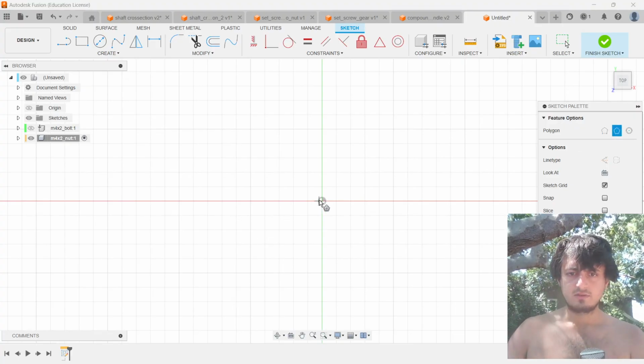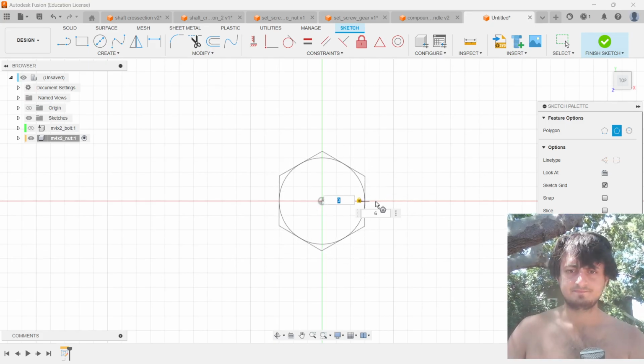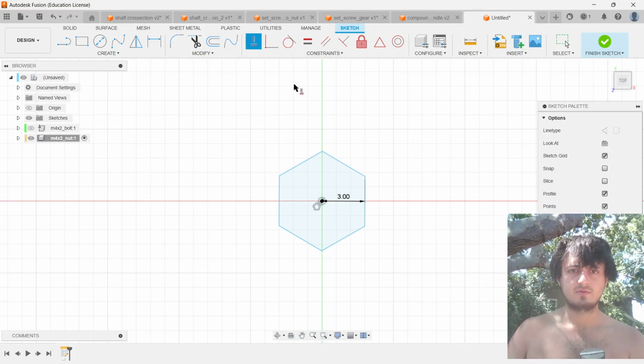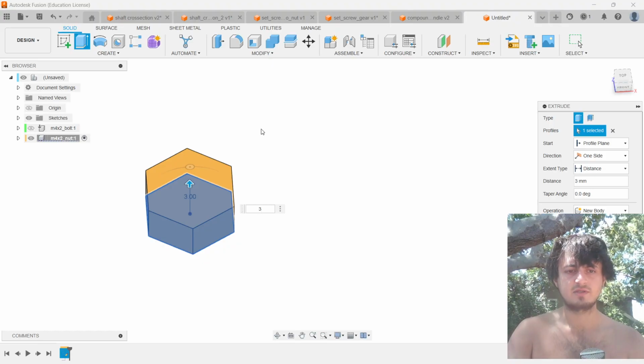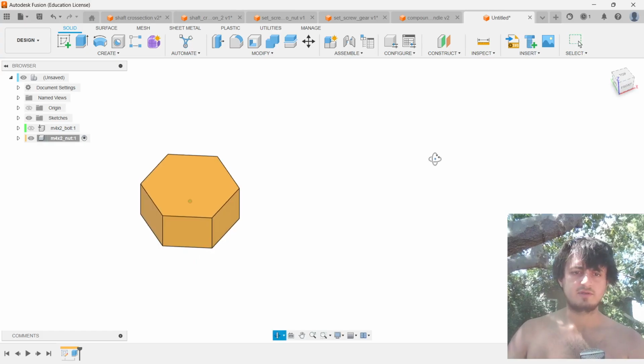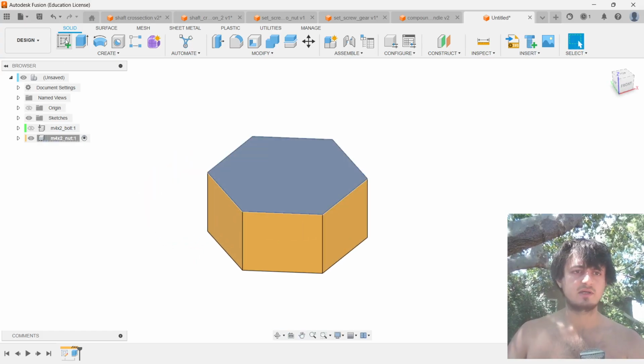Okay. Here, this is going to be 3, right? Then we want to do this, this. Okay, then we want to extrude this by, how much did we say? 2.5? That's probably not enough. The nut probably has to be 3. So there we go. Another weird inconsistency, but